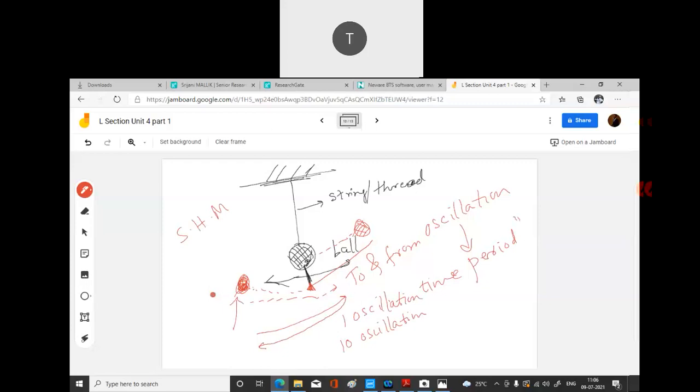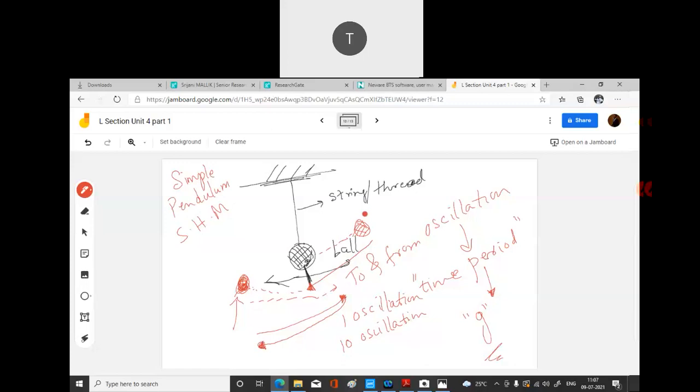So using this time period, I think you would have derived the expression for the value of g. This is what you would have tried, to get the value of g. g is your gravitational constant. I think this is what you have done in your PU class. Okay, so this is your simple pendulum. In this case you had to and fro motion, and then you could get the time period for that particular motion.